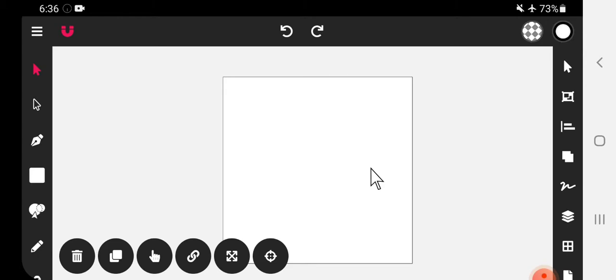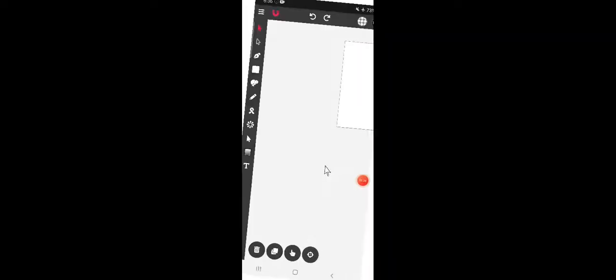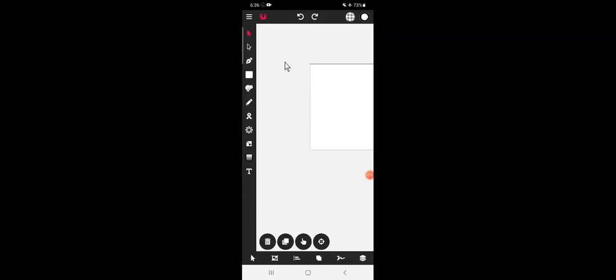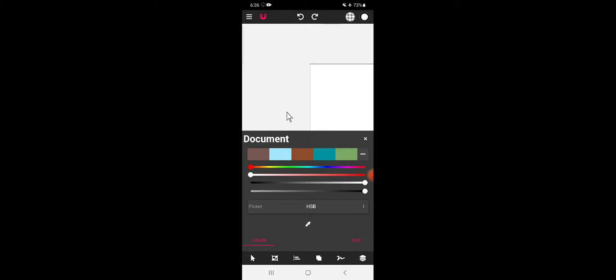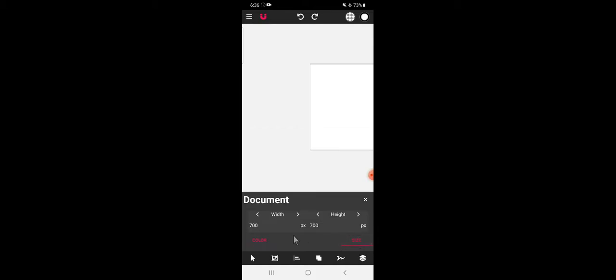Hold the phone vertically, tap over here, documents, size, make it 1080 by 1080.